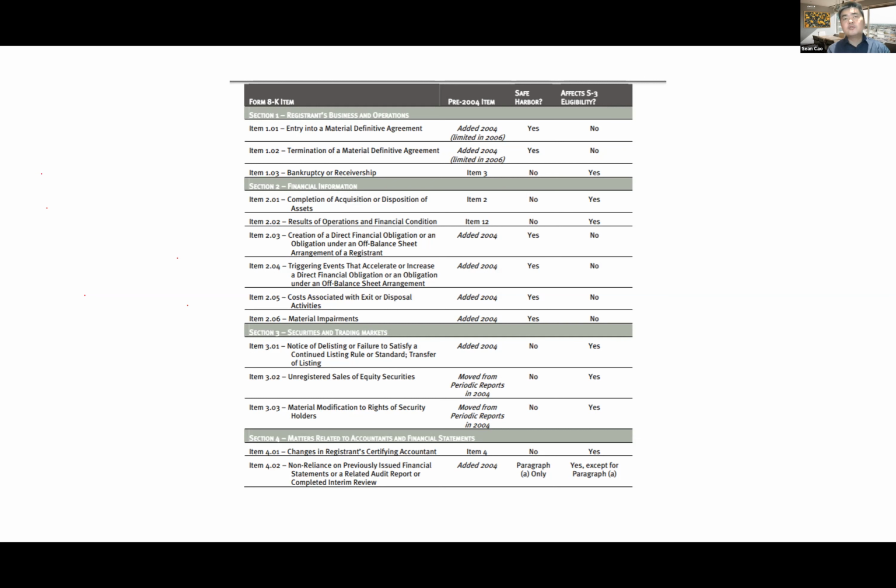They have to disclose the material news within 4 days, starting from the day the event actually happened. That's the rule for material information. And the game is changing. Before 2006, it was 14 days. So before 2006, the company had 14 days to file the news. But after 2006, it is 4 days to file the news. So there's a change.